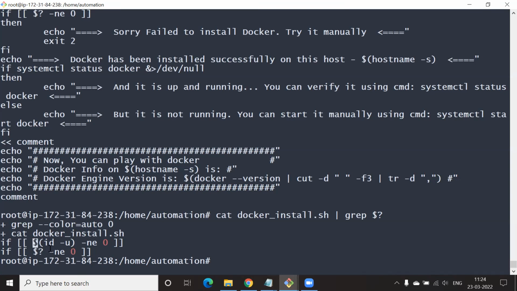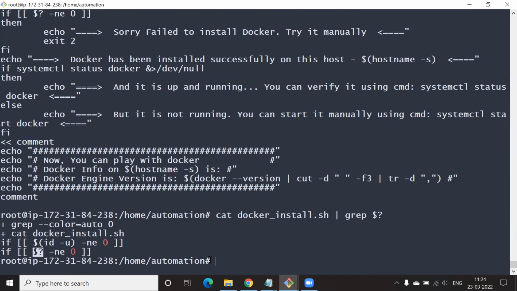So notice dollar question mark, right? If dollar question mark is not equal to 0, what does it tell you? It is telling that if it is not able to execute the previous command, as simple as that.